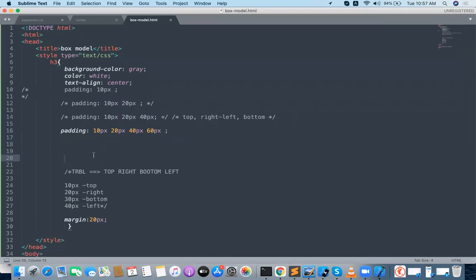This padding concept I will take up in the paragraph in the next class. In H1 it is not actually that much